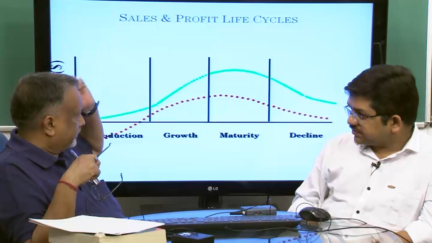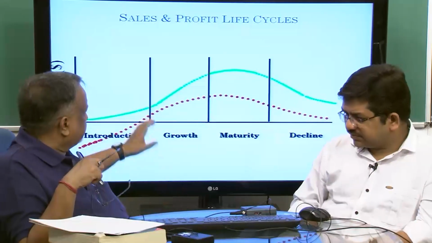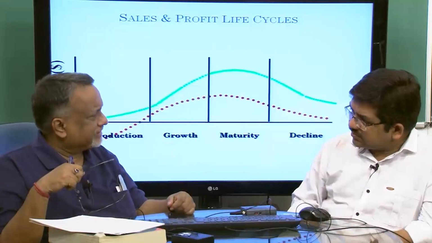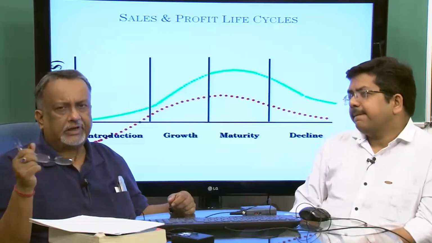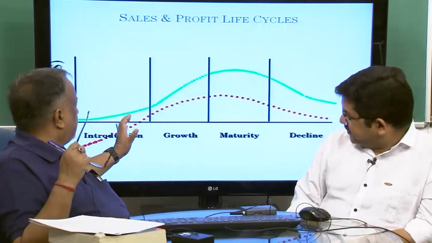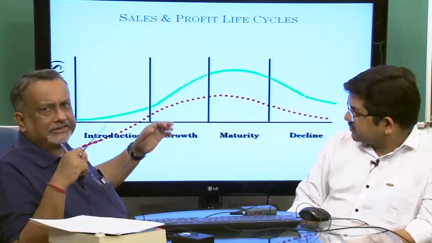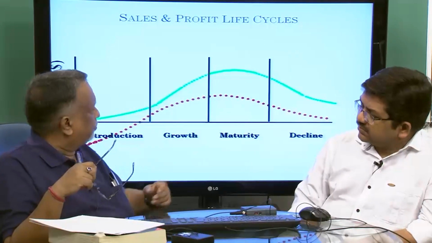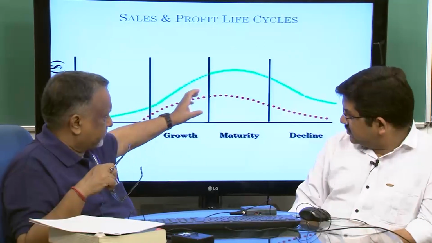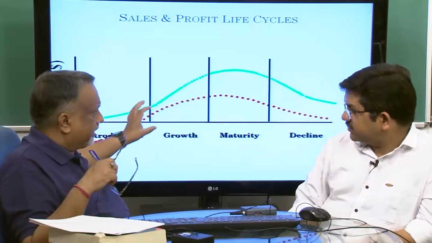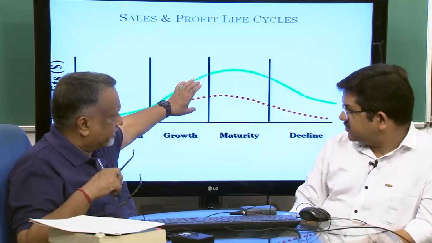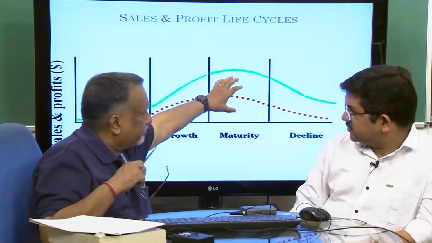In fact, last week, that means week 7, using the same product life cycle graph, we discussed in detail how the promotion, or rather the integrated marketing communication strategy, as I explained to you, changes over the life cycle. So, the communication objectives at this stage are different from the communication objectives at this stage, different from communication objectives